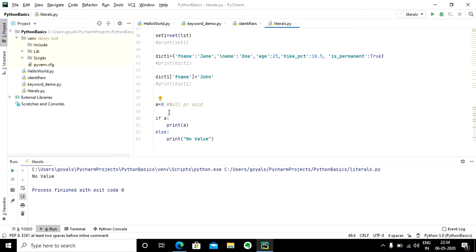It merely checks if there is false contained within, or if there is true, or if there is any non-zero or non-null value in a.